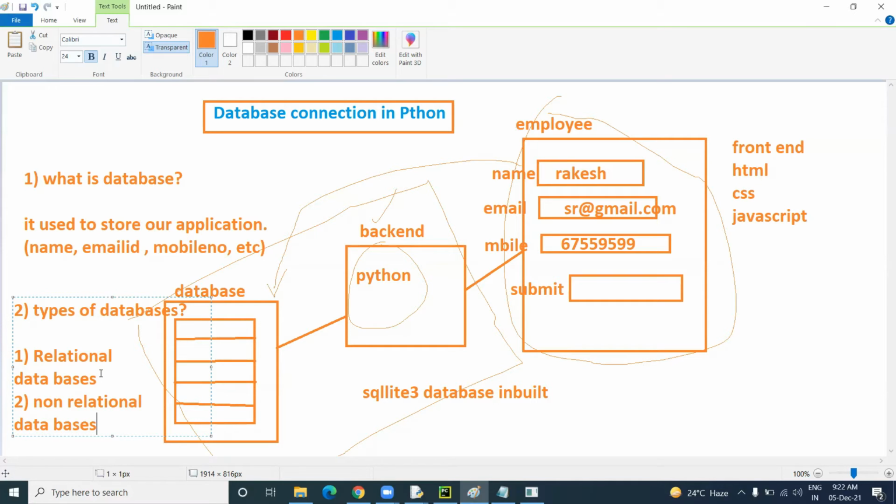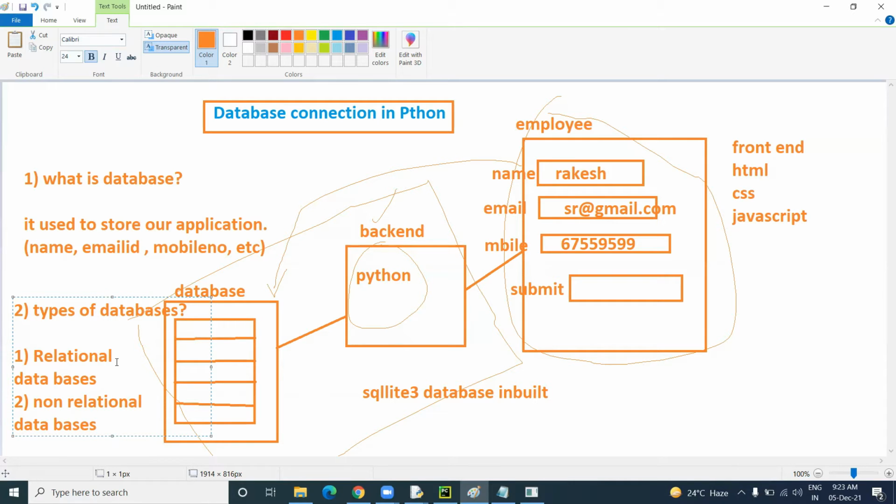Relational databases are all structured data types, so they should be stored in the format of tables only. It has a relation between the content and data. That means all the names have a common relation for all employees: all employees have the same fields like name, email, and mobile number.